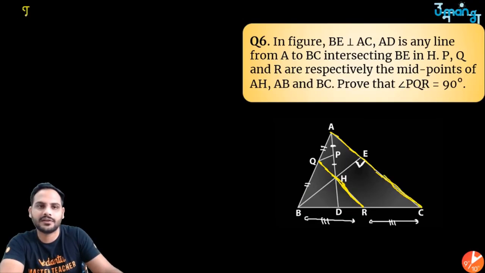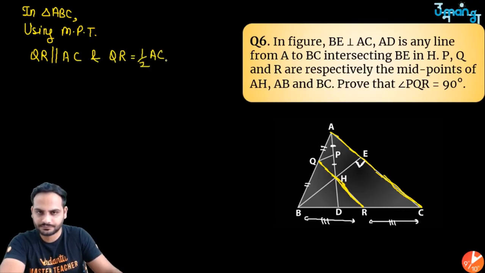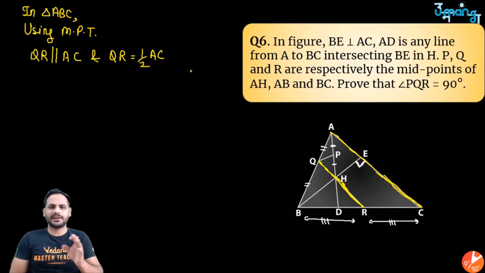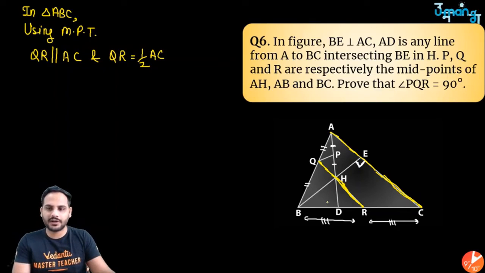तो आई कैन से सर इन ट्राइंगल ABC यूजिंग मिड पॉइंट थ्योरम, I can clearly say QR will be parallel to AC and QR is half of AC. ठीक है. एंगल्स है तो अपने को ज्यादा लेंथ से फर्क नहीं पड़ेगा. ये ध्यान रख लो कि QR और AC जो है बेटा